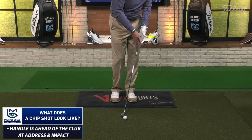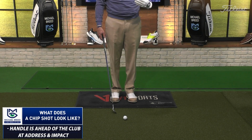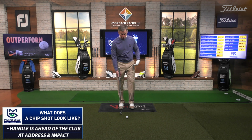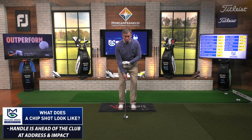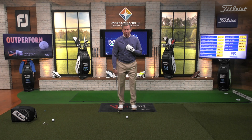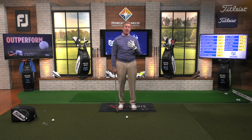Okay? Now, the next thing I want you to understand about this little shot is I want you to feel that the handle is ahead of the club head at both address and impact. So that might mean that you sit over on your lead side. What I like to think about and what I like to teach, and this isn't a mandate, this is just a preference,